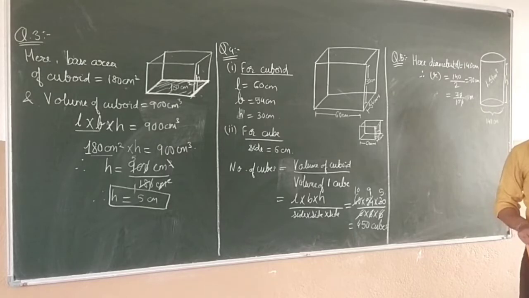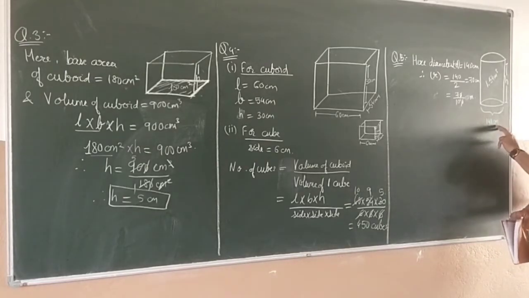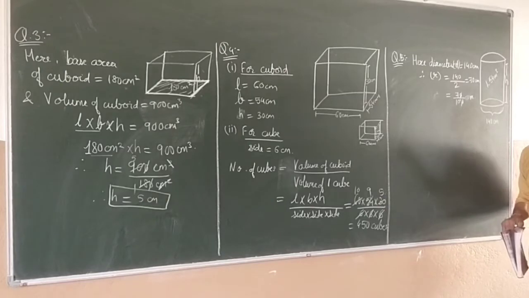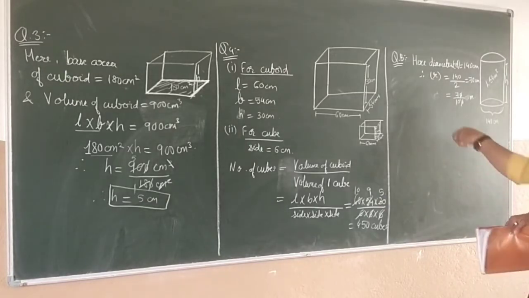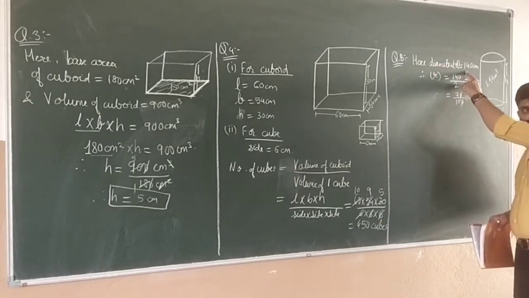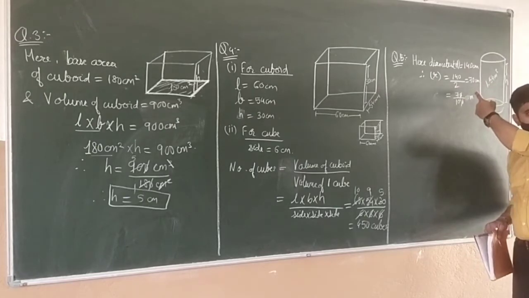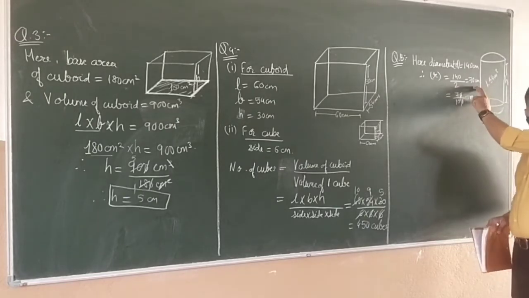If you want to convert it into centimeter, or else convert it into meter. Here you can see it is in centimeter. Also it is a diameter. For the cylinder, volume of cylinder, we are interested in the radius, right? So diameter is equal to 140 centimeter. Therefore radius will be 140 divided by 2, which is equal to 70 centimeter.